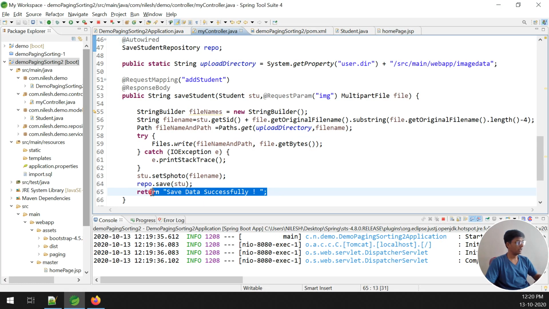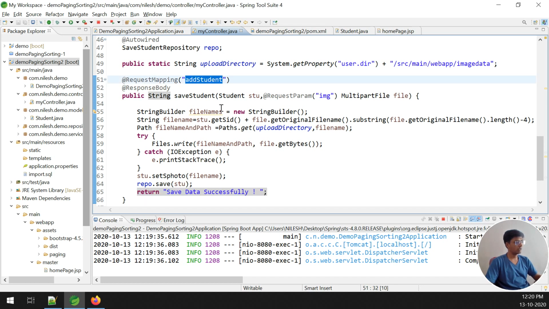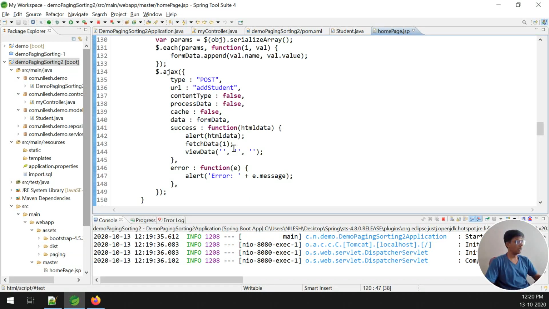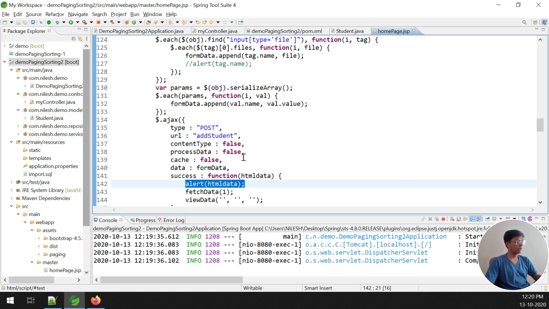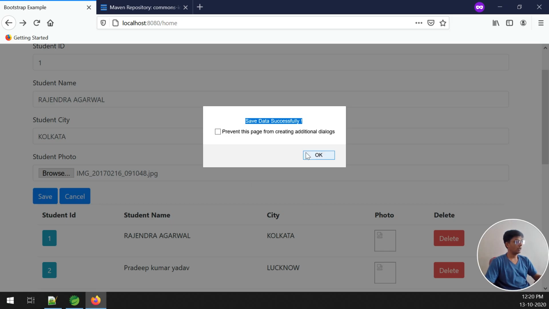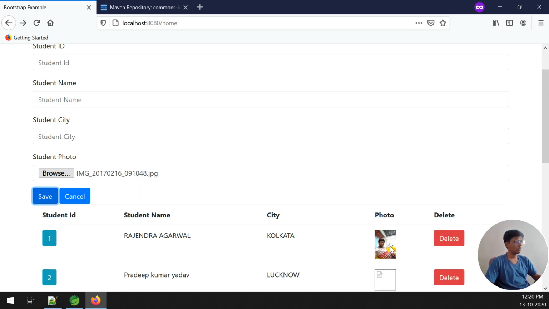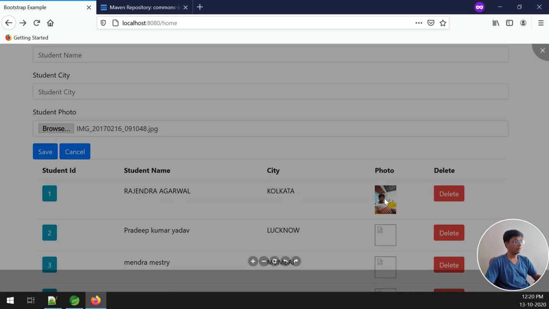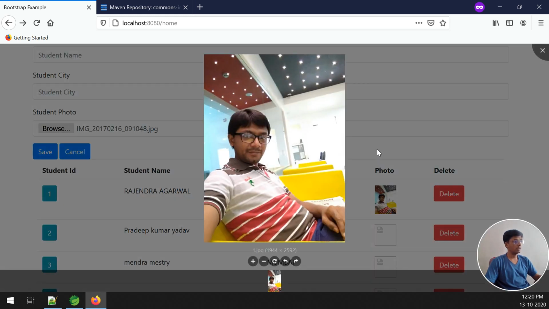Whenever the uploading function has been executed, finally the return statement returns the string information that goes to my HTML data, and it gives the alert message. Whatever message we got from the action at the Java side, it is displayed by using this alert message. So I'm clicking OK. So the photo has been uploaded over here. When I click on that, you can see the photographs of